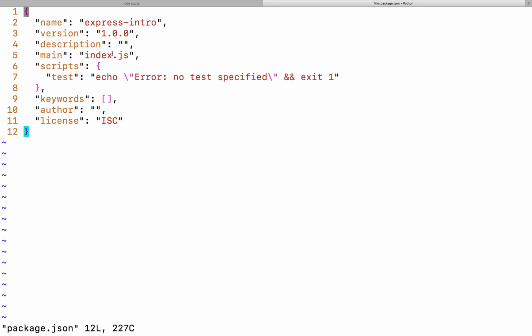Now you don't have to have that. If you don't have that though, whoever clones down your software is going to have to know which file to point node at. Additionally, this doesn't have to say index.js. You can make it say app.js or server.js or whatever. It doesn't really matter which one. The ones I see are the most popular seem to be roughly a one-third split between app, server, and index. I personally call mine index just because that's the pre-written name, so it's a little bit easier, but you don't have to call it that. Furthermore, it doesn't need to match up, but you lose that additional benefit. So it is a nice thing to do.